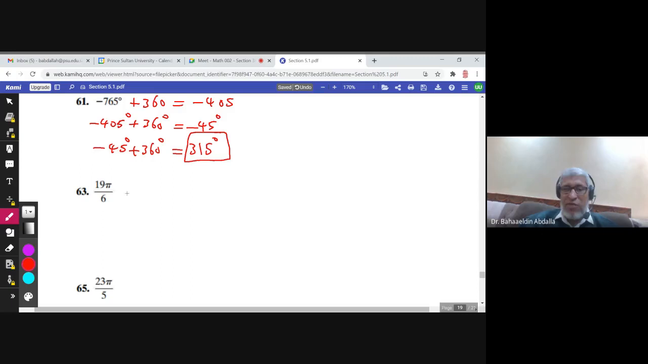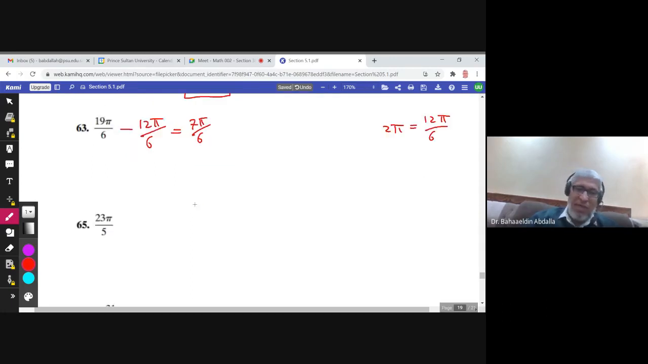19 pi over 6, you subtract 2 pi, which is in this case 12 pi over 6. So you subtract 12 pi over 6, you get 7 pi over 6. That's immediately the answer. Here, 2 pi is 10